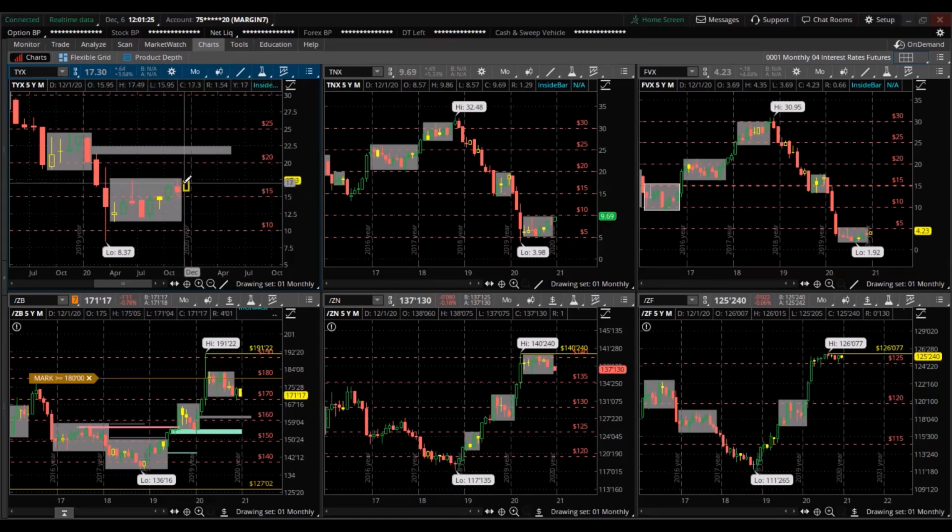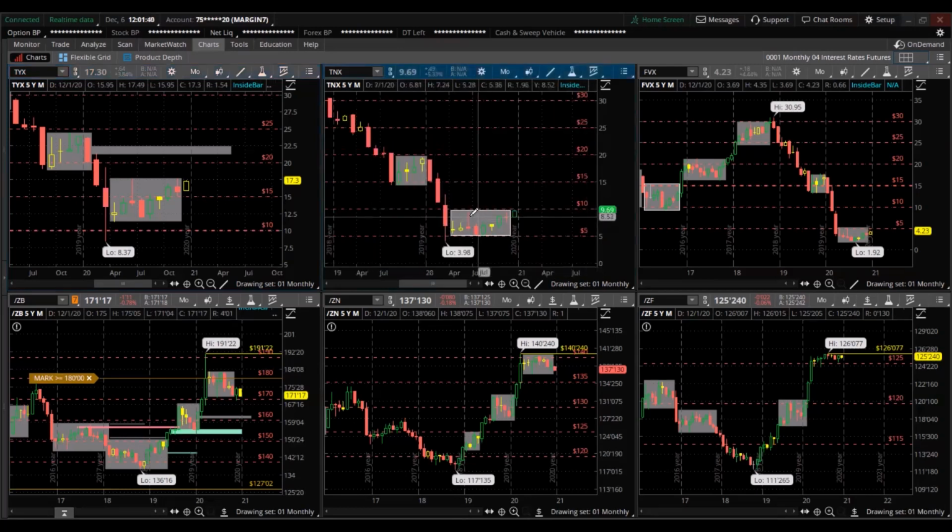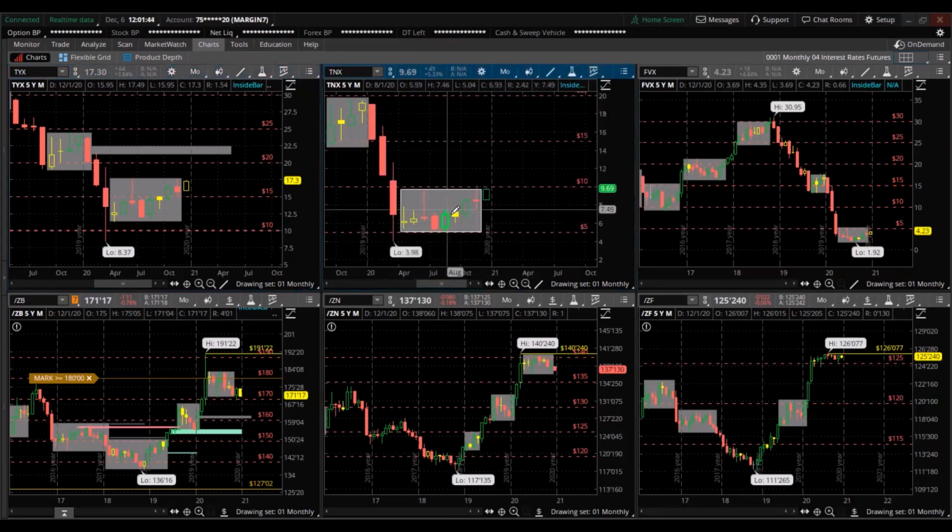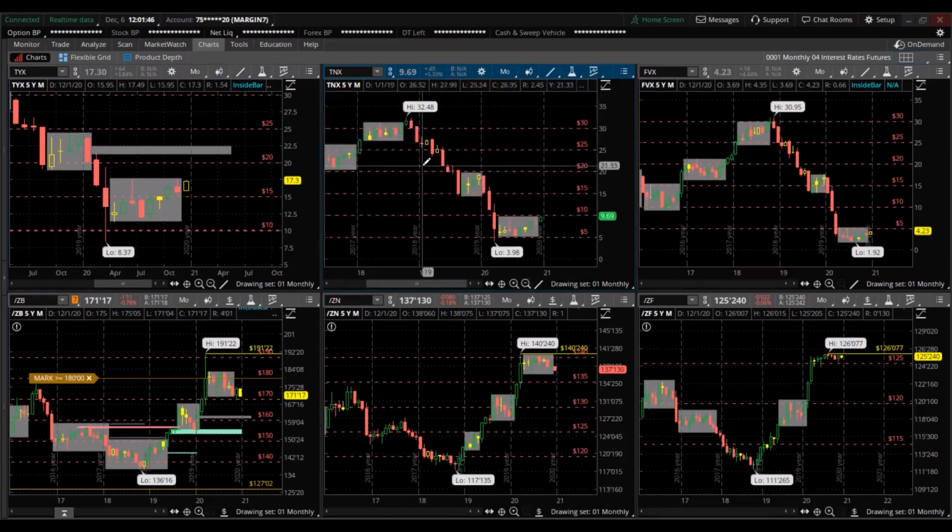Also, if we break out of this prior candle to the upside, that puts more pressure on interest rates to be raised. So just remember this when we go down to the faster time frame, what's happening from the higher time frame. Looking at the 10-year here, we're in a consolidation phase as well. And the low of the last 5 years was this year. The high was 2 years ago.